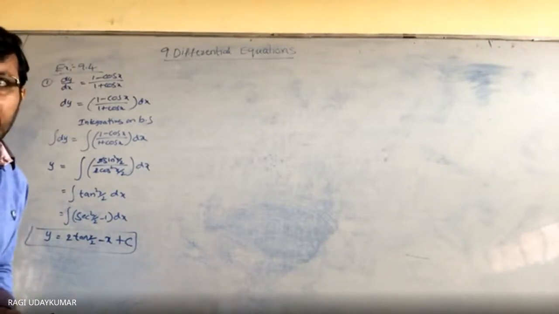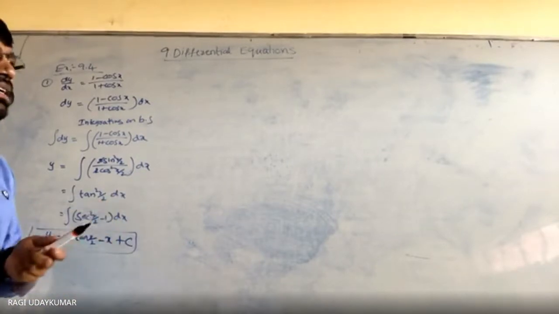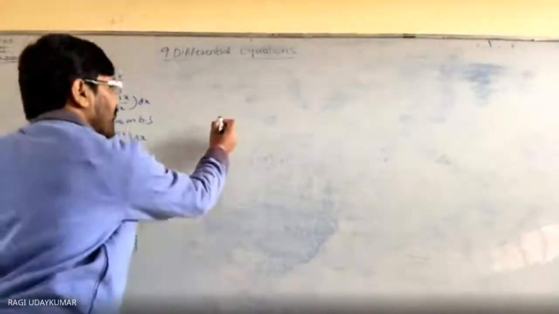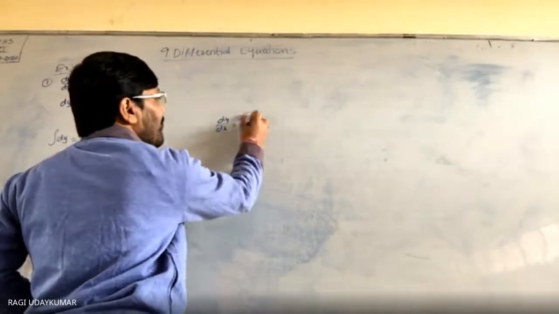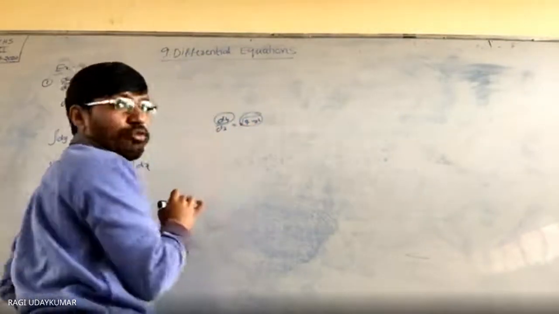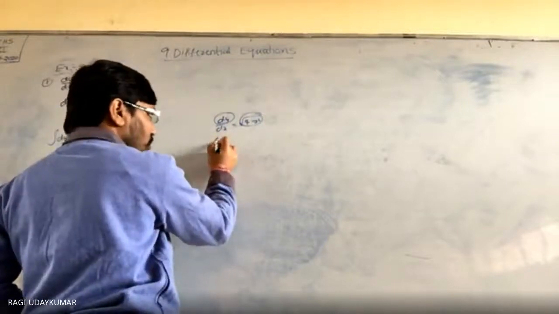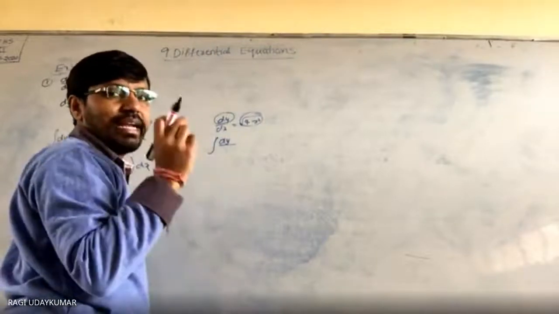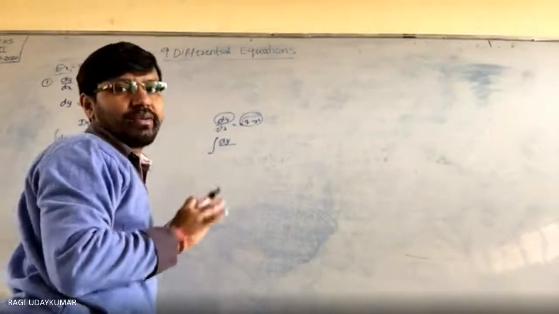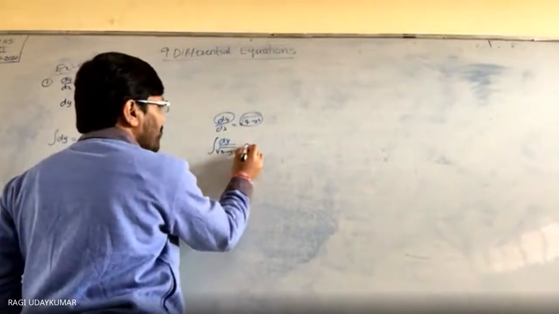Let us consider different problems in the variable separable method. So remaining problems, the second problem is given to you. What is given in the second problem? dy by dx is equals to under root of 4 minus y square. The y part should go with dy. So take dy to the right side. Do remember that always dy and dx should be in the numerator. The remaining function can be wherever it be.